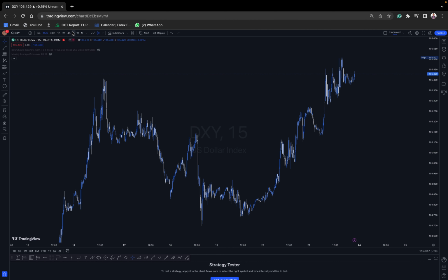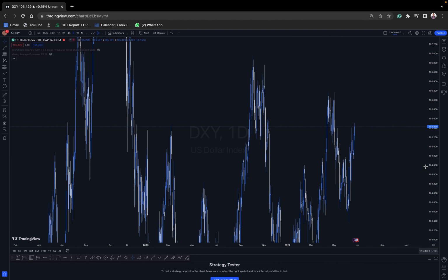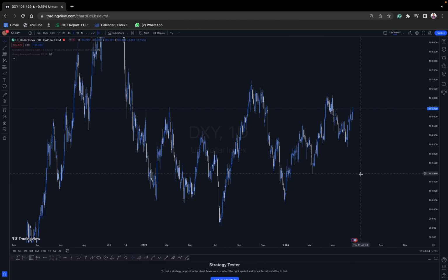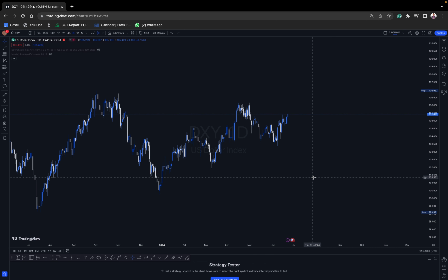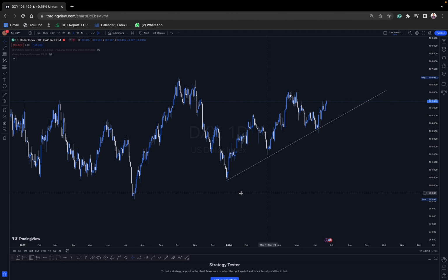So as usual, we start from the daily time frame as intraday traders. From the daily time frame, what we can see on the XY is that we're in a good uptrend here, right? If you are looking, from a swing low perspective, this is a swing high, this is another, and this is another swing low. We're expecting price to take out this high we're having here, right? So we are bullish on the